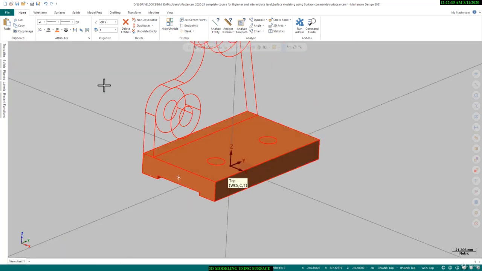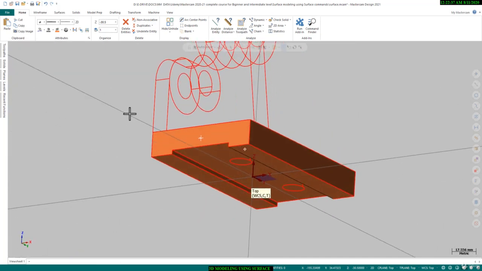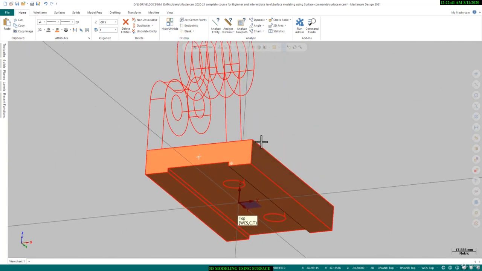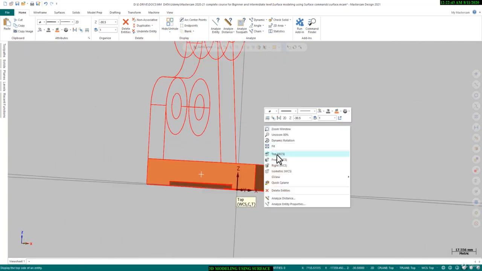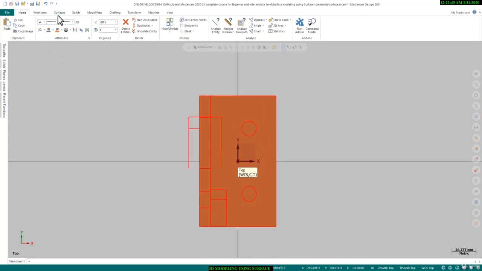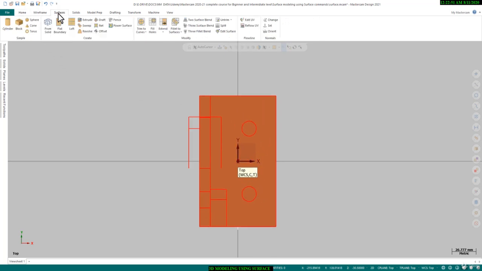Okay, so the next thing is how we can cut through this hole. We will go to the top view. So we have to cut through these holes, these both holes. So we will go to the same surface tab, and after that we will go to the trim to curves tab. In this tab I will select the trim to curves,